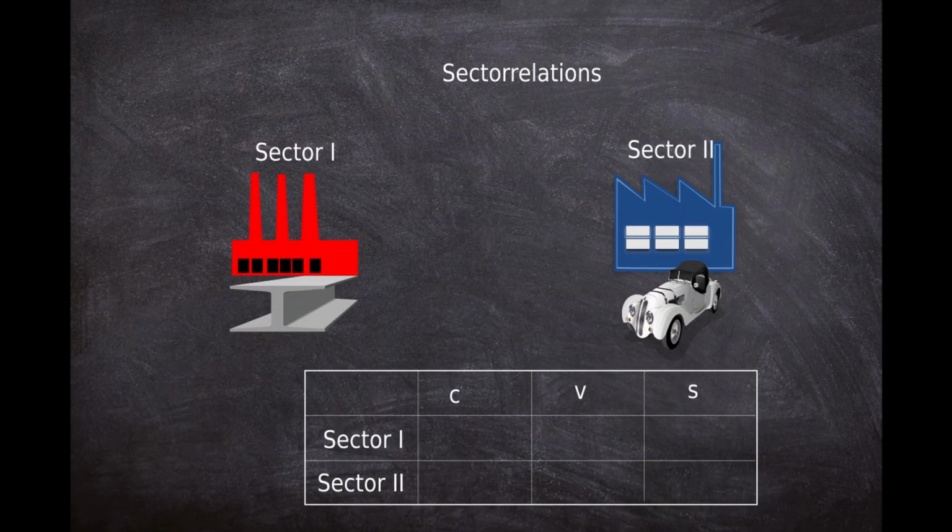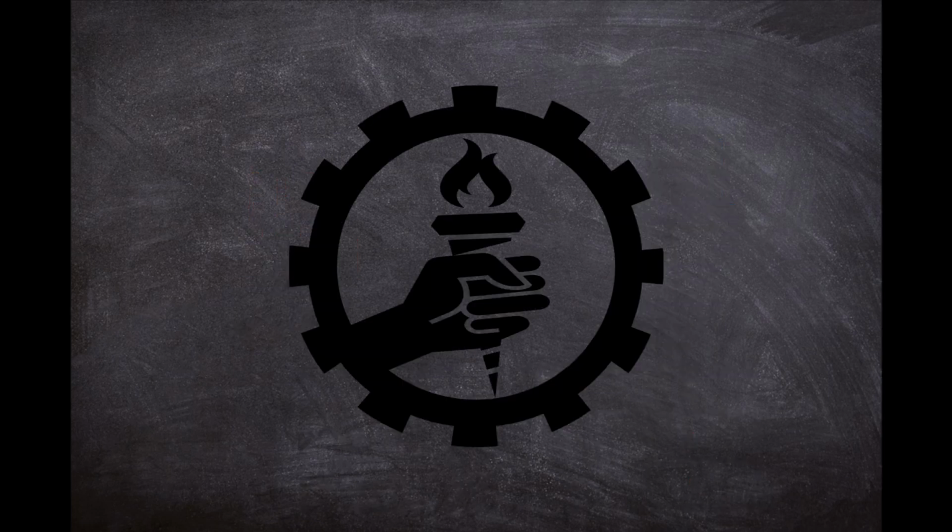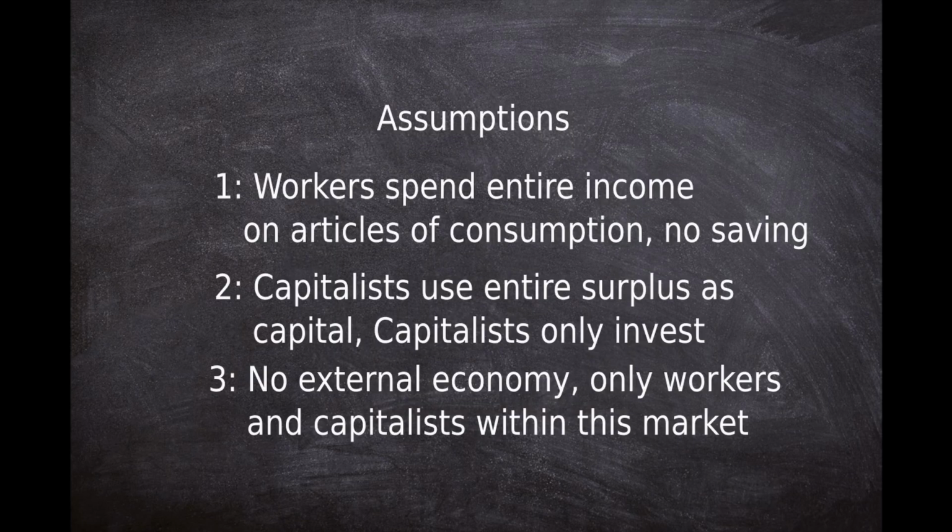The only stable possible configuration would be one in which there is only constant and variable capital, but no surplus for each sector. This is obviously not the case in reality. So how can this be resolved? Well, one of our assumptions is obviously different from reality.